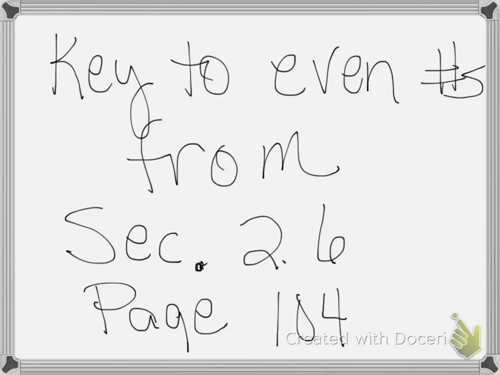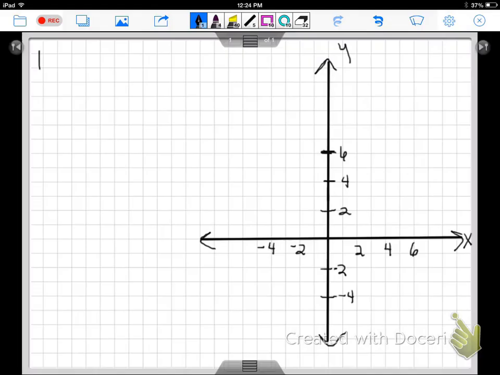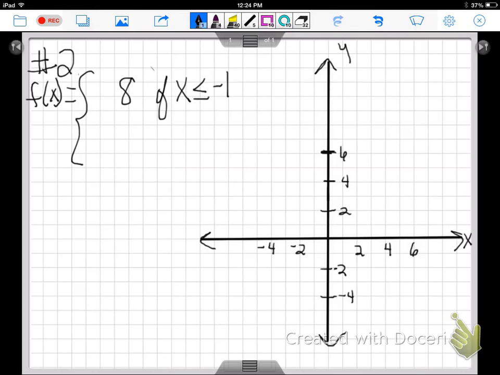This is the key to even numbers from section 2.6, page 104. Number 2, we have the equation f of x is equal to 8 if x is less than -1, 2x if x is between